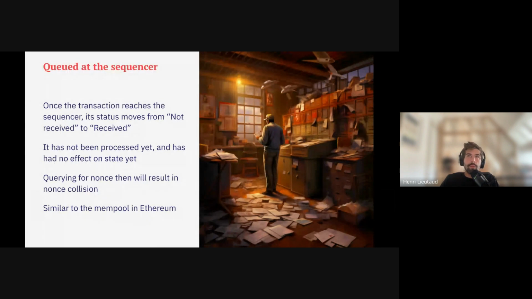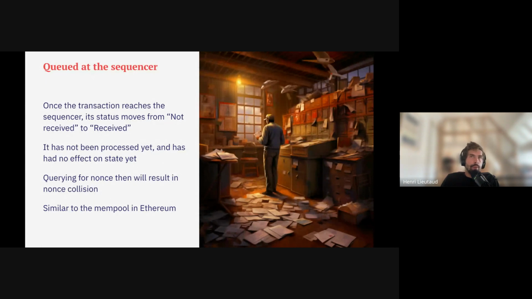For a while, nonces were not part of the protocol, but this meant that there was a way for you to send the same transaction various times with the same nonce, and they would have the same hash, and that's an issue. Nonces on Ethereum are used to sequence transactions, but also to give them a unique hash. So Starknet still uses nonces to give a unique hash to each transaction.